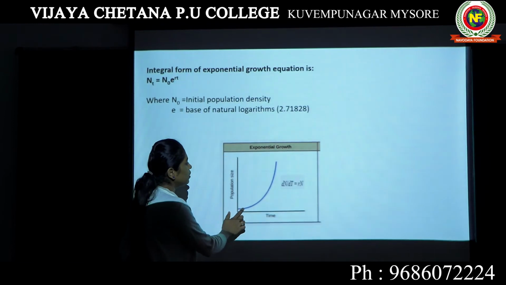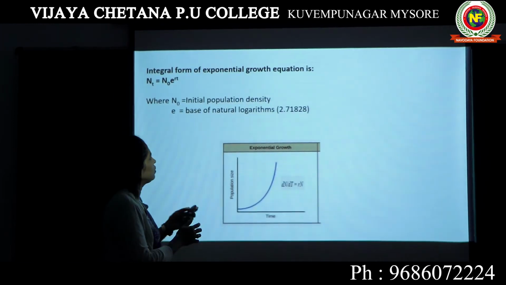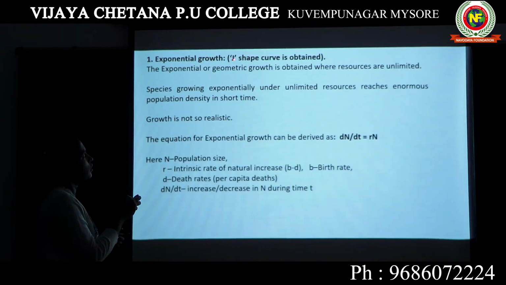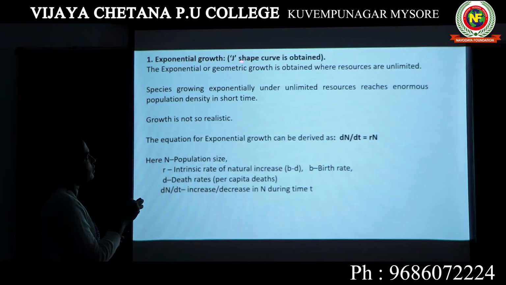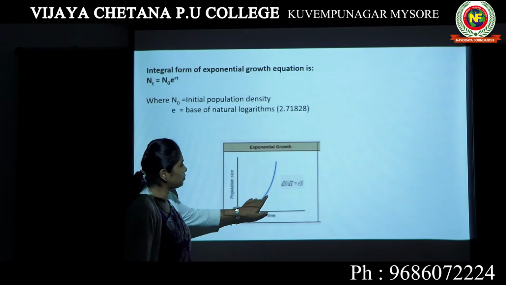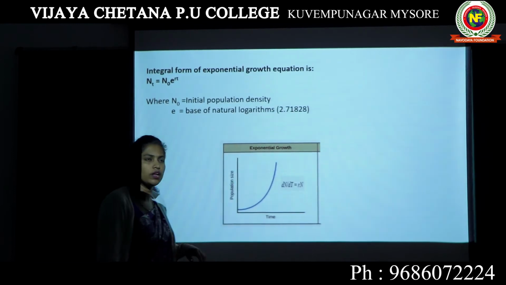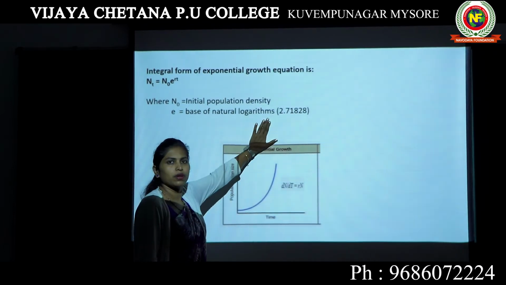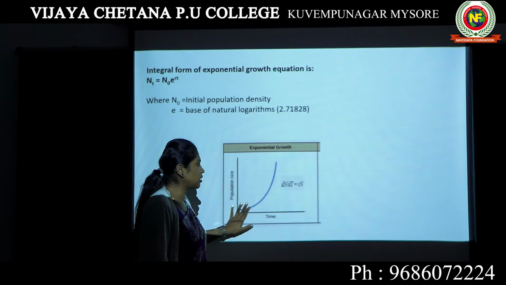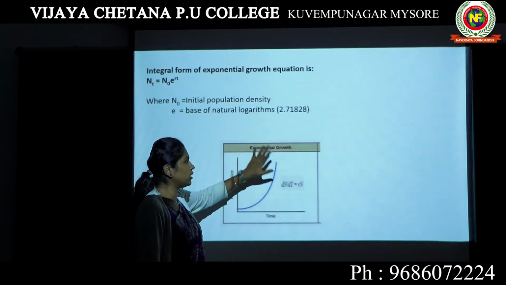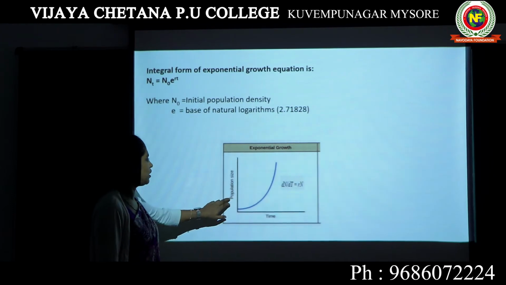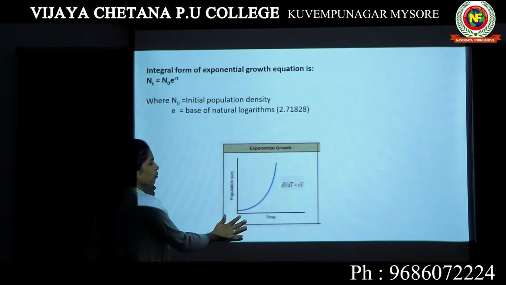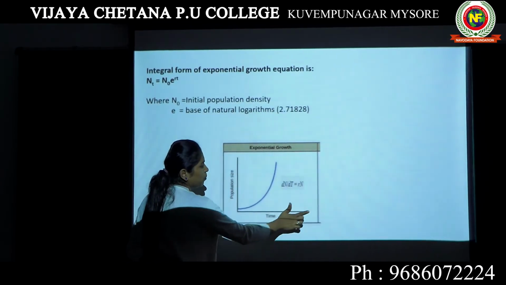So this is a J-shaped curve. Generally a J-shaped curve is obtained for exponential growth. Here itself I have mentioned, a J-shaped curve is obtained for exponential growth. That means there is no end to this particular growth. It keeps on growing as long as the resources are unlimited. Their growth does not stop. Similar with the population size also. In the y-axis we have plotted population size. Population size will keep on increasing depending upon the time.